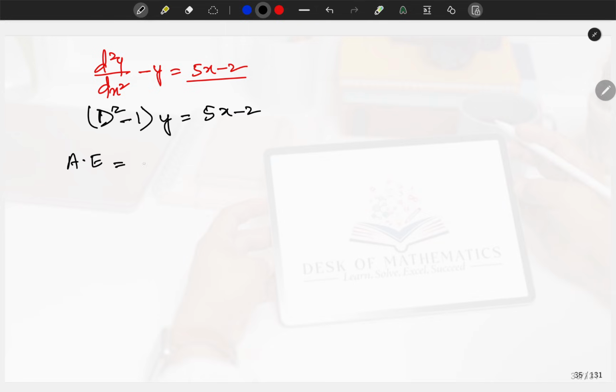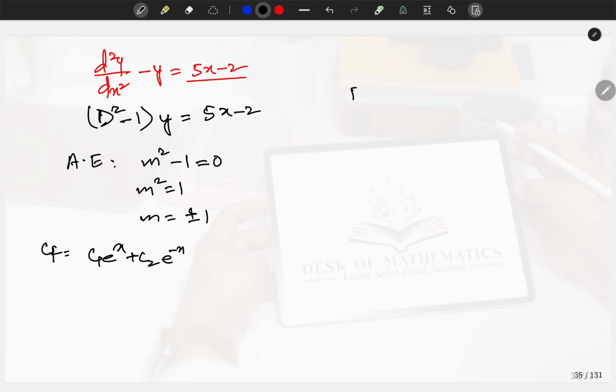Auxiliary equation will be m square minus 1 is equal to 0. M square is equal to 1, m is equal to plus minus 1. Both are real and distinct, so complementary function is c1 e to the power x, c2 e to the power minus x. Particular integral will be,